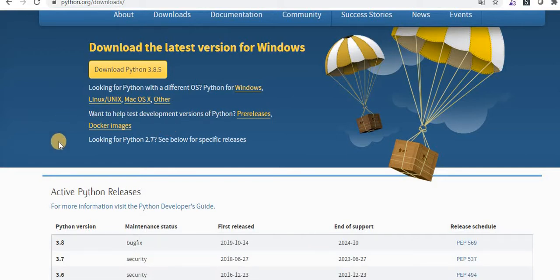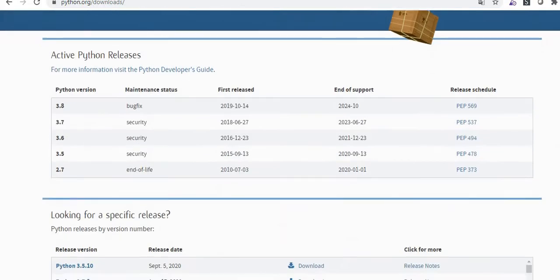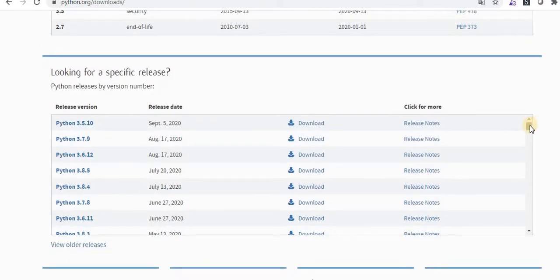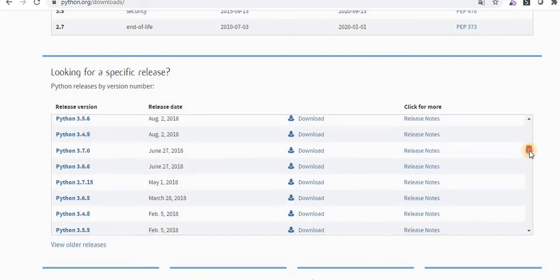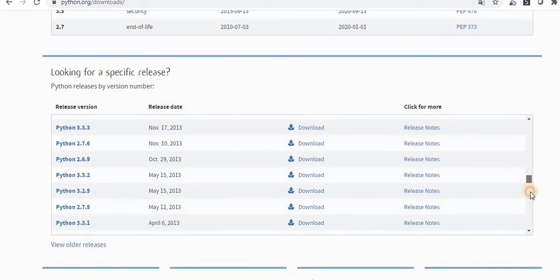You can also get a Docker image. I will cover this in a next video: what is a Docker image? This shows the latest version, but if you don't need the latest version and you need a previous version, you can go here. You can check all the schedules. Release notes are there, and it contains all the versions of Python.